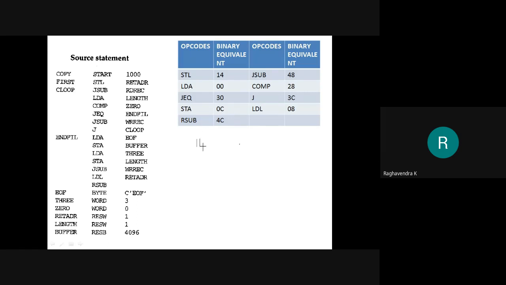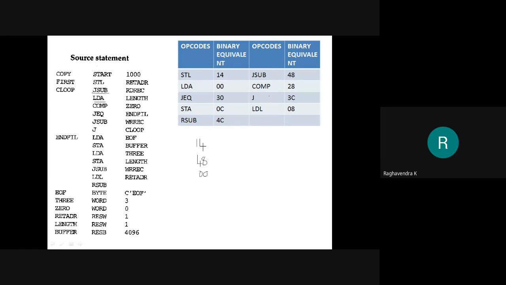For the second instruction, JSUB, the value is 48, so I can simply write 48. The third instruction is LDA, whose value is 00, so I write down 00. It's that easy, because I know the machine equivalent value of the opcode, and I can simply write these values down to perform the translation.